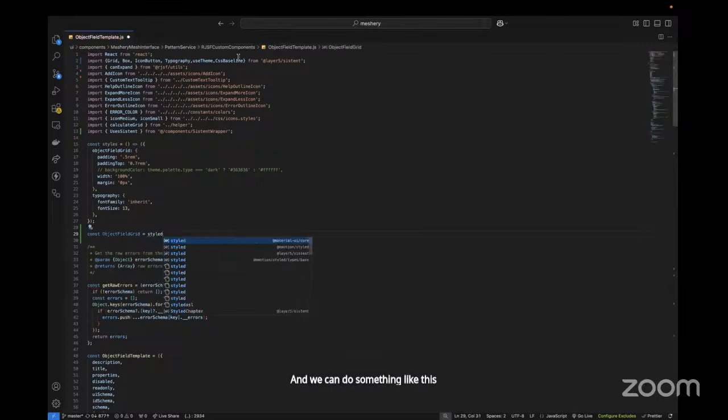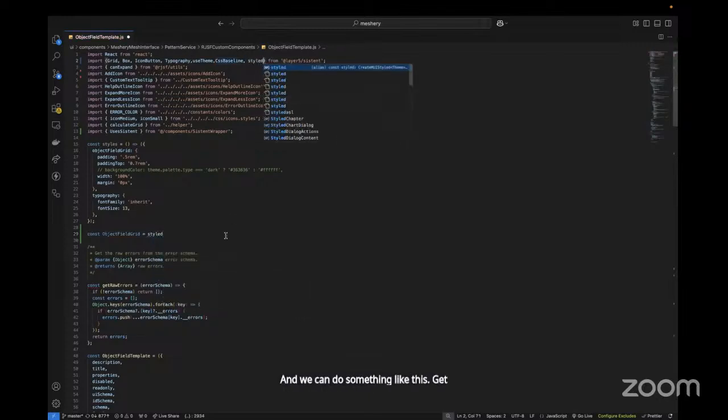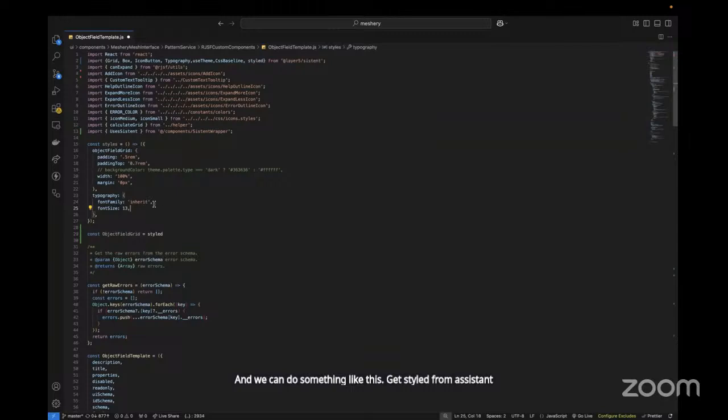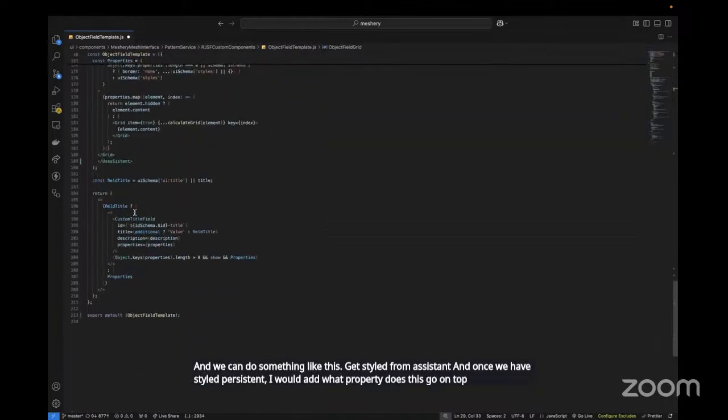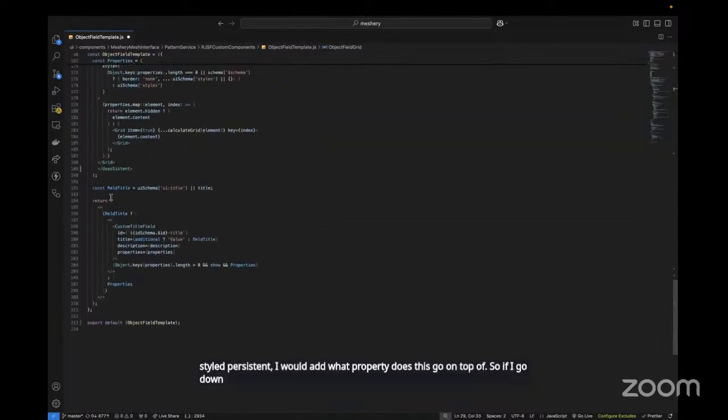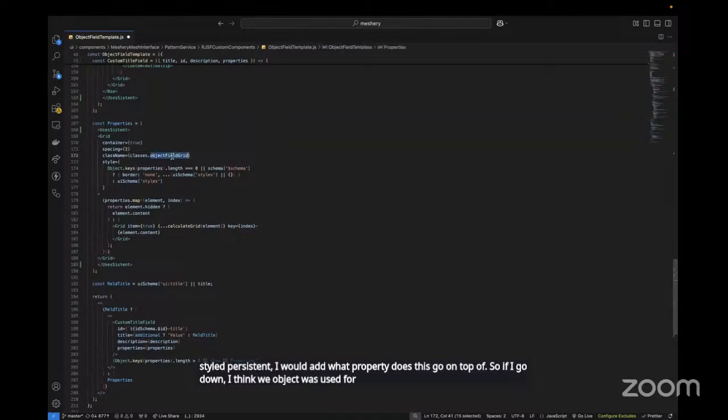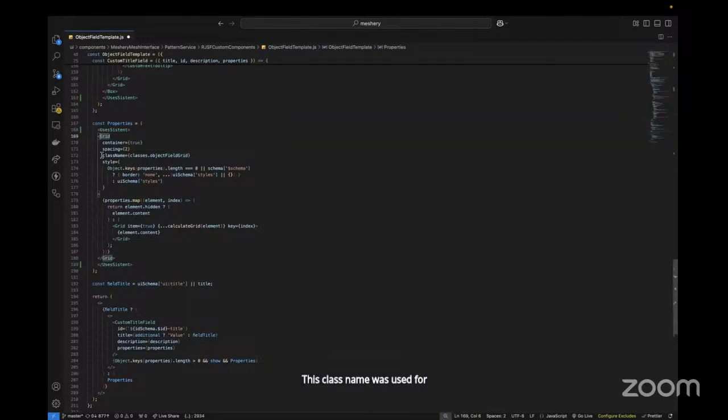I get styled from Systent, and once we have styled from Systent, I would add what property does this go on top of. So if I go down, I think object was used for these class names.